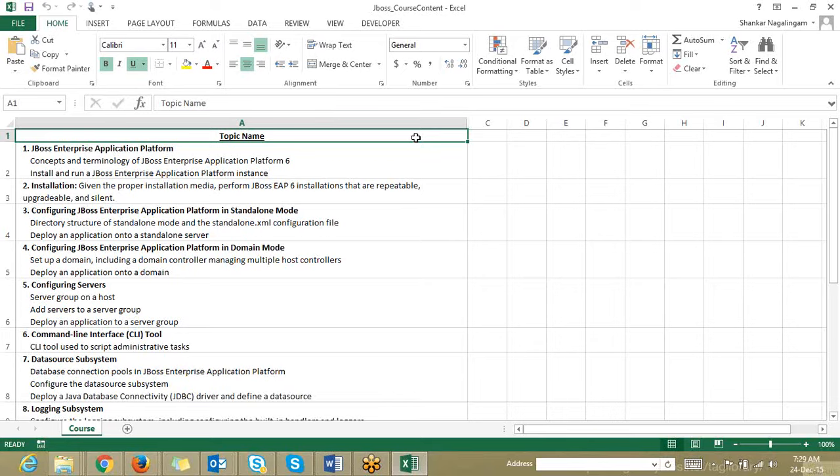Since you already work with EAP, JBoss 5.x and 6.x, do you see any big difference between JBoss EAP 5.x and 6.x, or it's okay? Some few new features have been added, or do you see any major differences? No major difference. No major surprise. If you see the JBoss EAP folder structure, the folder structure is different. The profiles are different. The way we do the deployment is different. The clustering is different. The messaging is different. Correct?